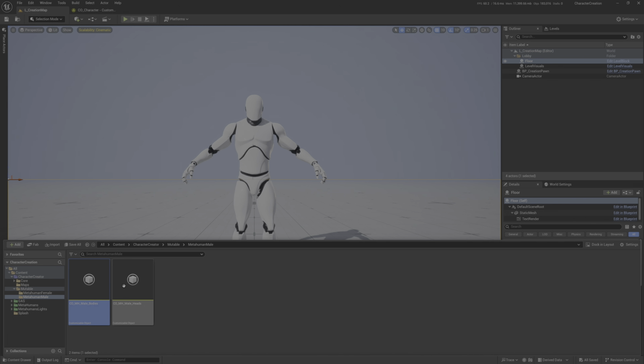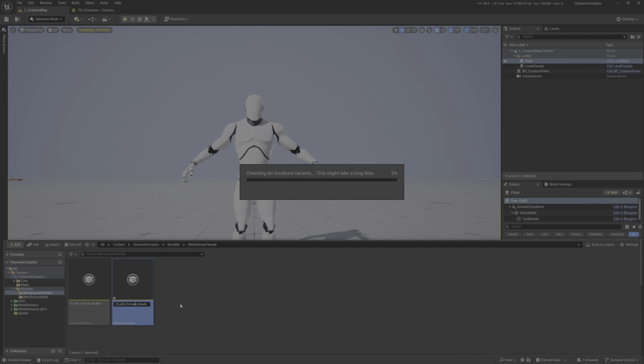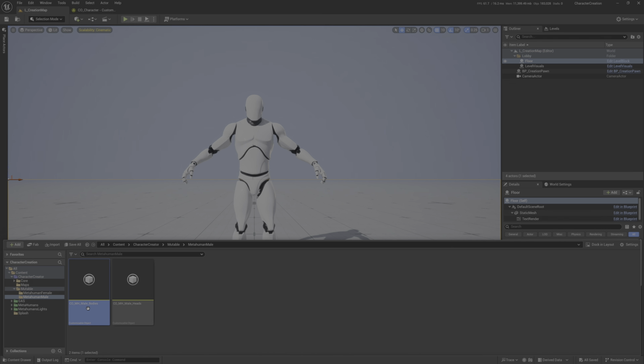Okay, now I will just select this, Control C, go to female, Control V, and change male for female bodies and female heads. So we have customizable object male bodies, male heads, female bodies, female heads.